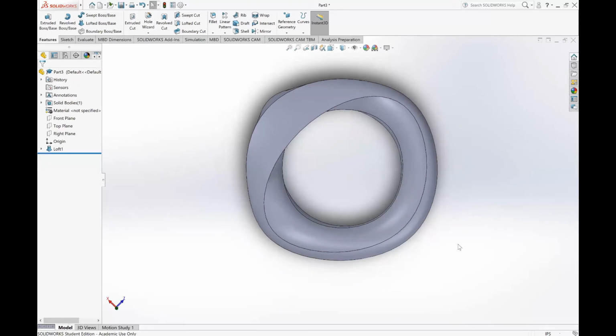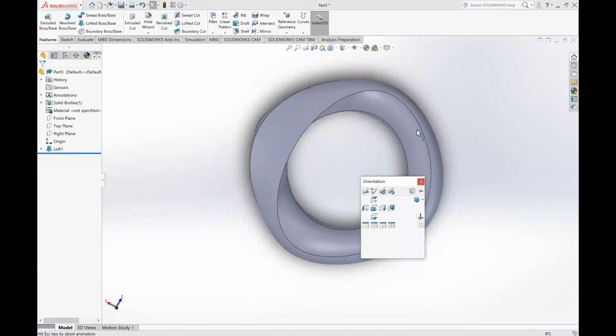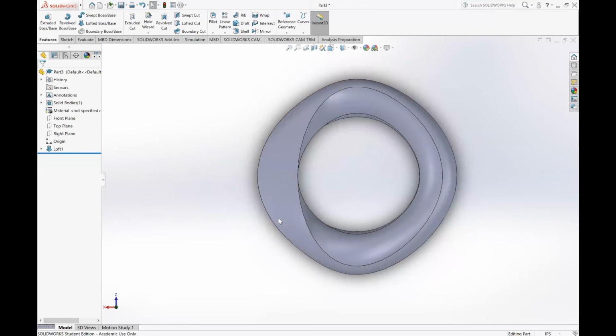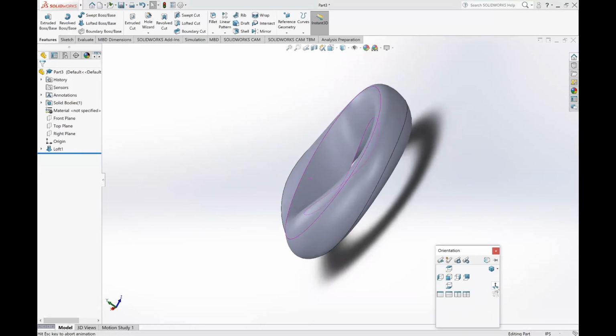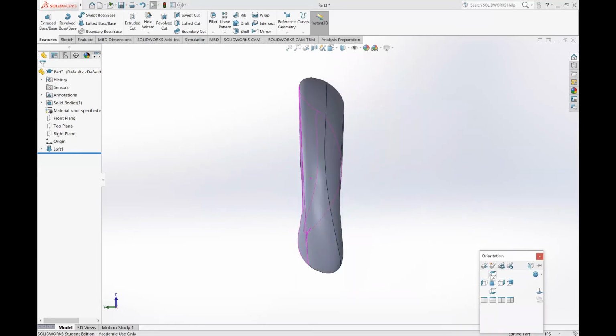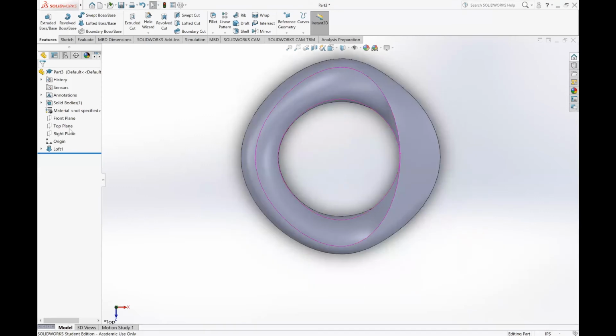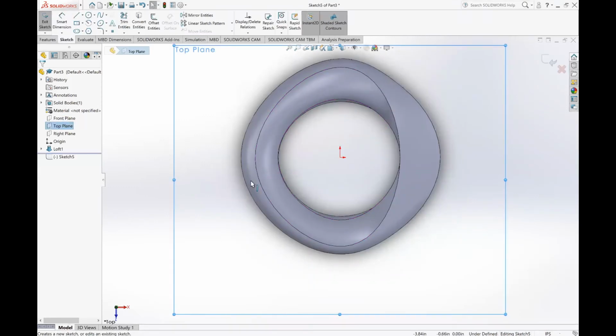So I'm going to move forward and work on the very special part of the ring, especially for the ladies, right? That will be our diamond. So in order to create our diamond, I'm going to select any of these corners because I cannot sketch freely on a curved surface. So it will be a lot easier for me if I have a flat surface. So I'm going to go normal to my top, make a new sketch,